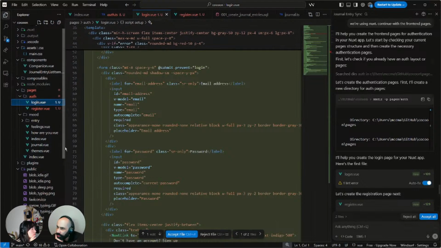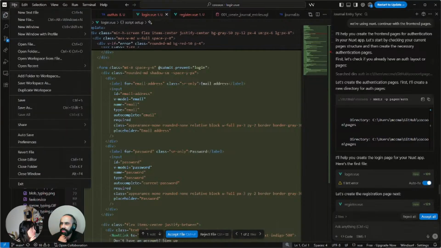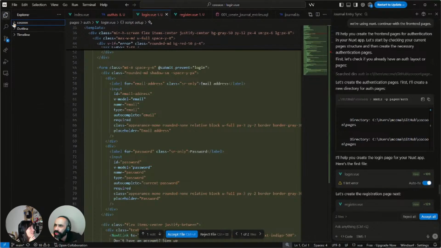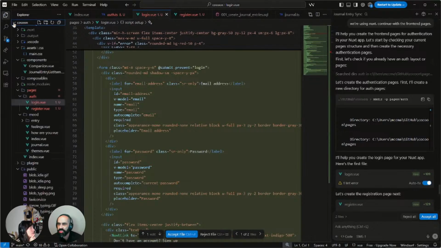Do you happen to have any other projects other than Cocoon loaded up in the environment here? Like where it says Explorer, it says Cocoon, the Cocoon folder. I wish I could. Oh, this? Yeah, there you go. No, you don't. Okay, I was just curious, just in case it's getting, I don't know, React inspiration from something else. This is really weird to me. We have all these components from.